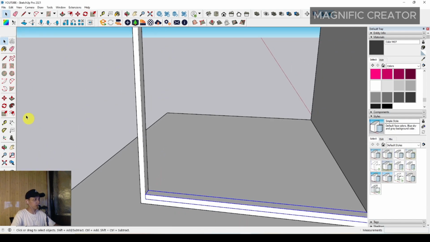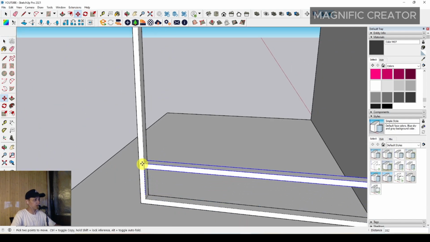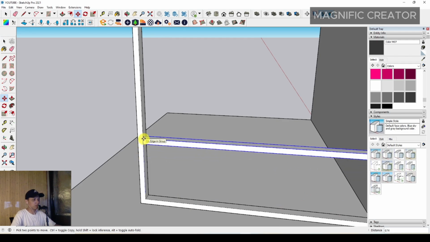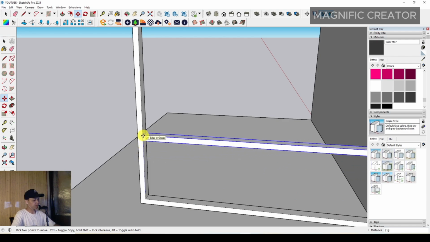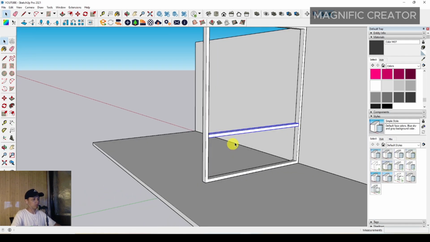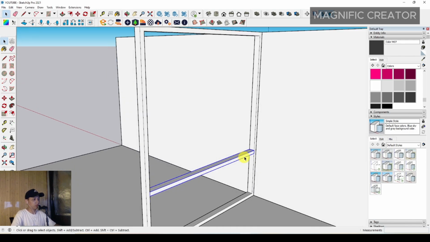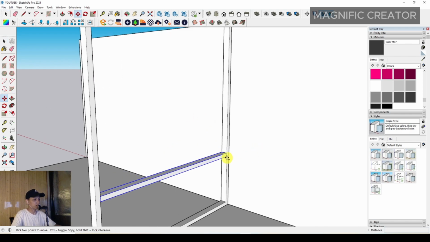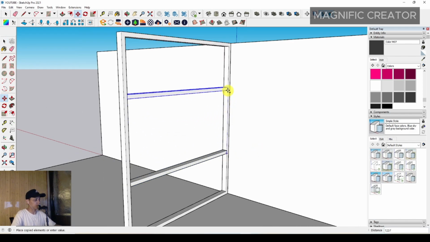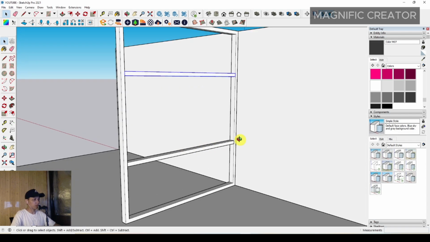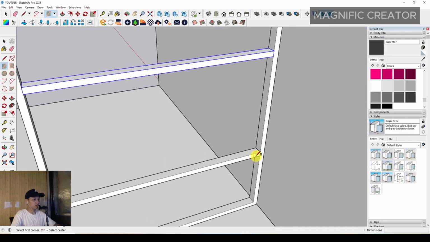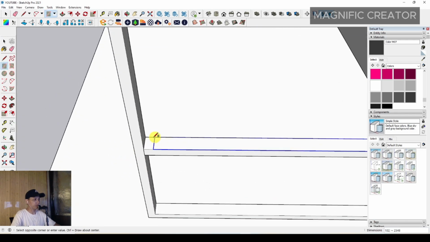Okay, and after that we have to move this object with an elevation of maybe around 800 millimeter for the elevation of the TV cabinet, and then we can move and select control. We can move it around 1300 millimeter anyway. Okay, and after that we can make a rectangle again right here